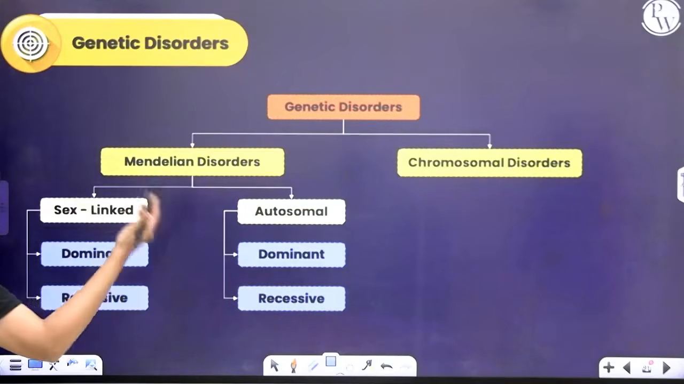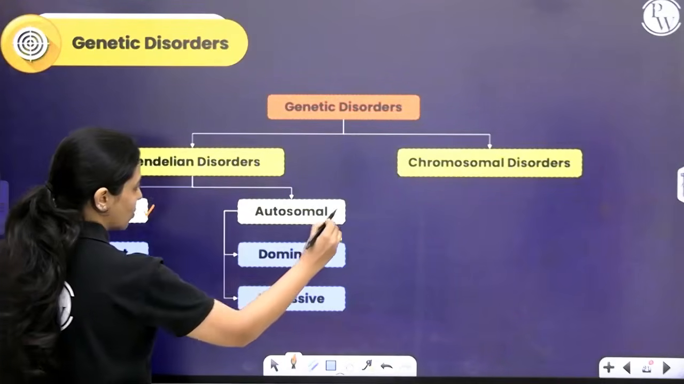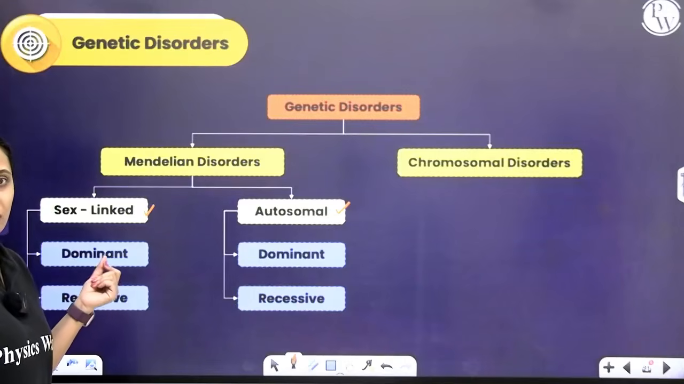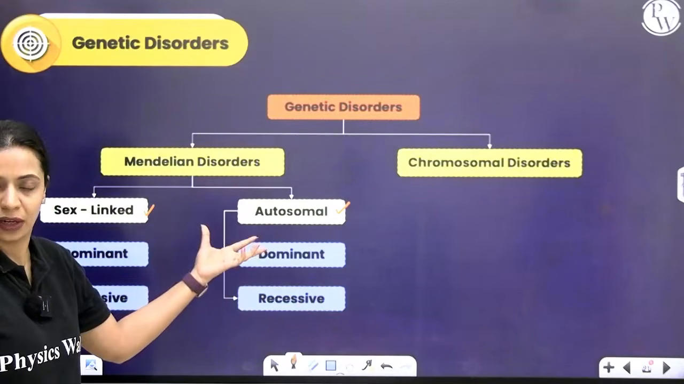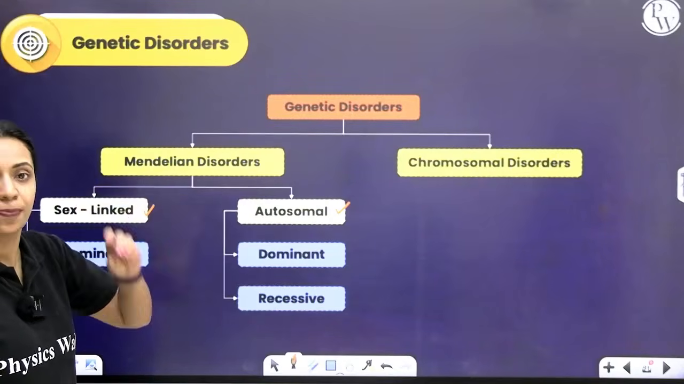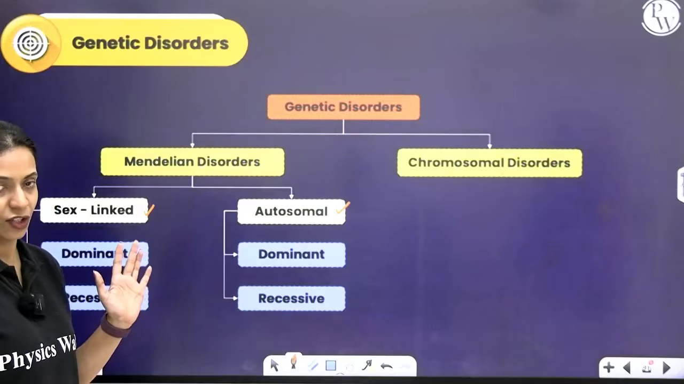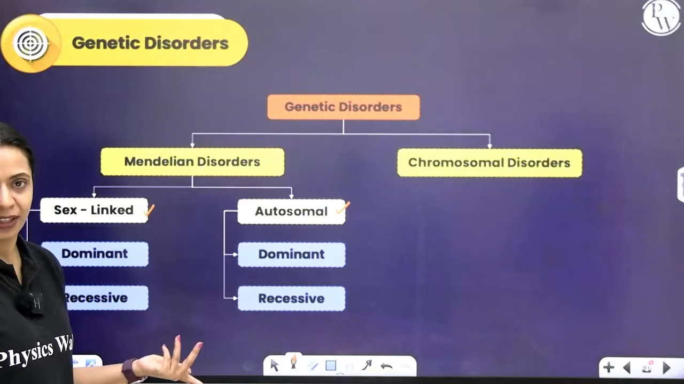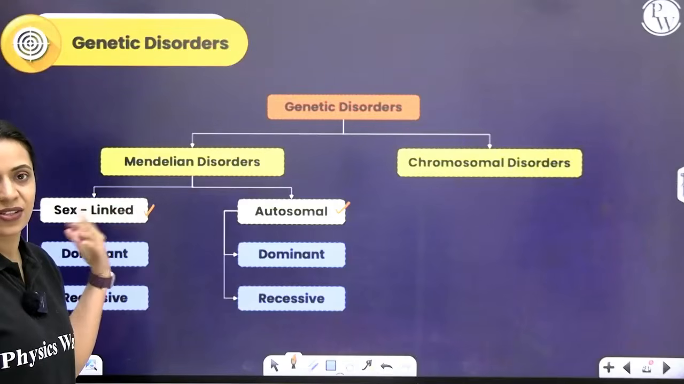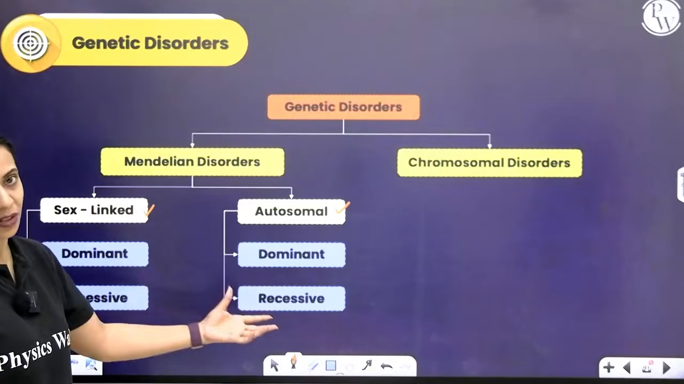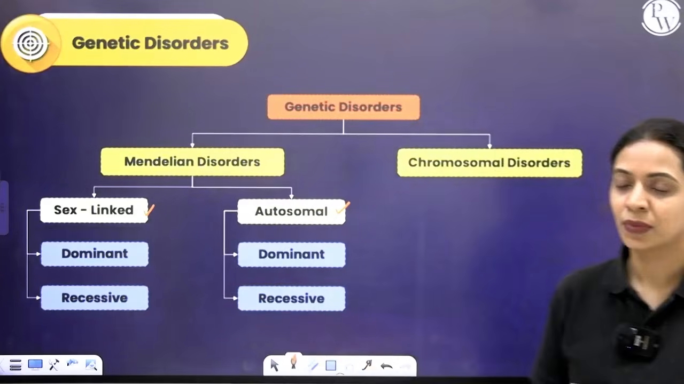Again, the gene that is responsible for the disorder in Mendelian disorders could be located on the sex chromosome or on the autosomes. If it's located on the sex chromosome, we call it sex-linked. If it is located on the autosome, we call it autosomal. Again, that disorder could manifest itself in its dominant condition or in its recessive condition. If it expresses in its dominant condition, we call it sex-linked dominant or autosomal dominant. If it expresses in recessive condition, then we call it sex-linked recessive or autosomal recessive. So chromosomal disorders, we learn about that also. Okay. Now,